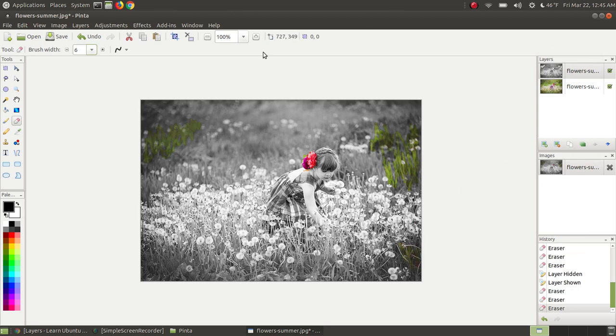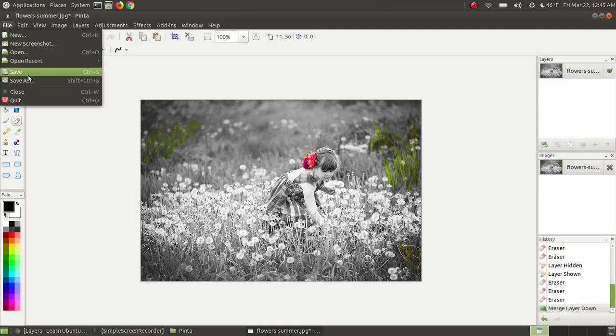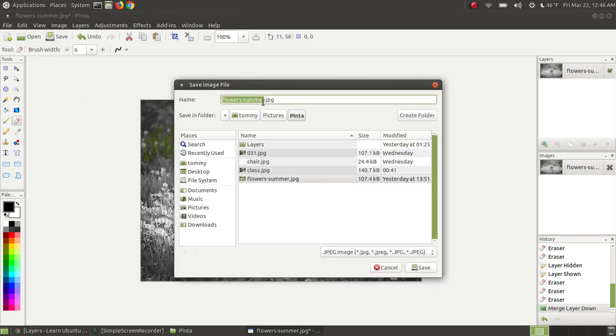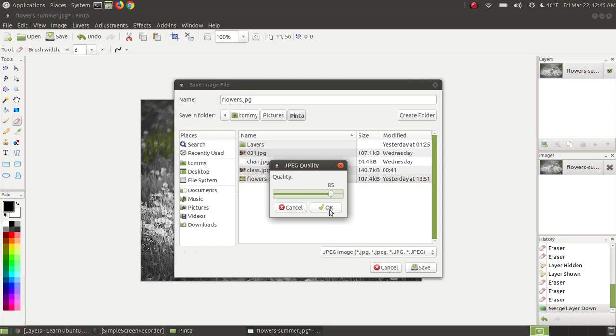Now before I save it, the key thing that you have to do, make sure that you're selecting the upper one. Come here where it says merge layer down. By doing that, you can come here and say file, save as, give it a name where it says flower summer. I'm just going to call it flowers. Delete the word summer. And then when I hit the save button, and then the OK